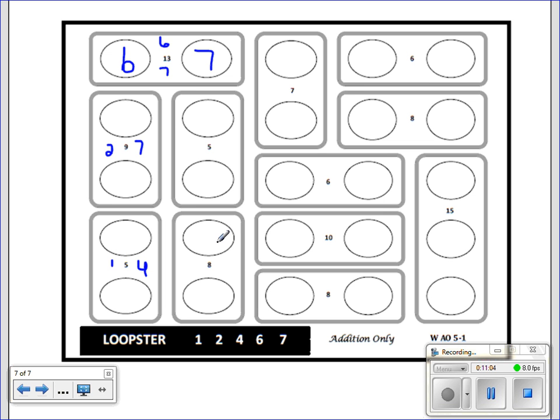So now I come along to my 8. What two numbers add up to be 8? Well, that's my 7 and my 1. Coming along to this 8, what two numbers add up to be,